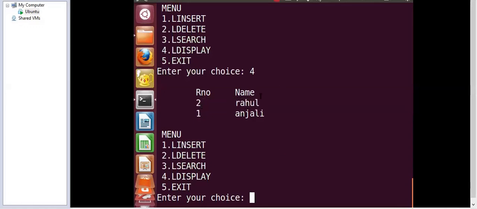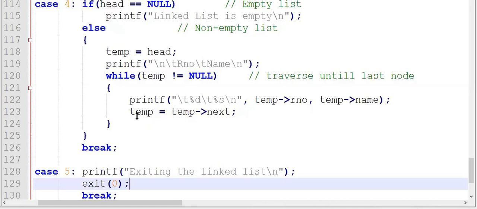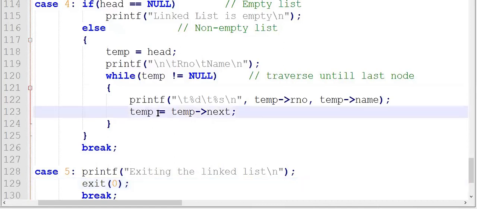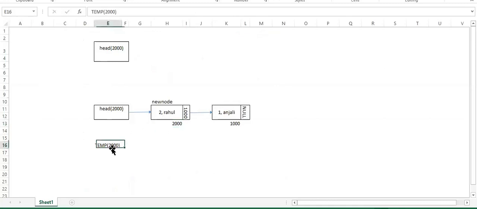Let us go back to the program. The next statement is temp is equal to temp of next. So our temp value now has to be updated with the next value that is present in the temp. Temp should be made equal to temp of next. Our temp is currently pointing to the address 2000.